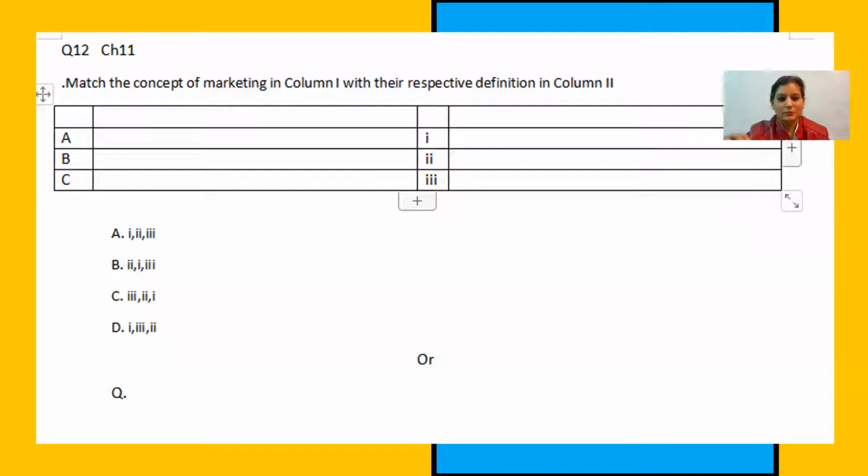Your correct option, you need to choose from the options A, B, C, D. Then you need to give your answer. But one common mistake you always make: if options A, B, C, D are given, how many of you write them as they are, A, B, C, D? Few of you write Roman numbers 1, 2, 3. Few of you write small a, B, C, D. No. Please follow the pattern.